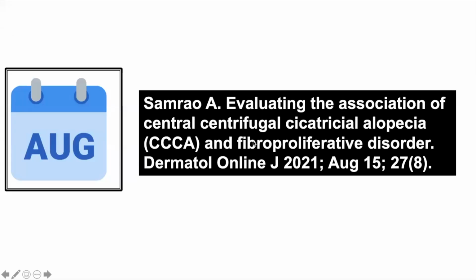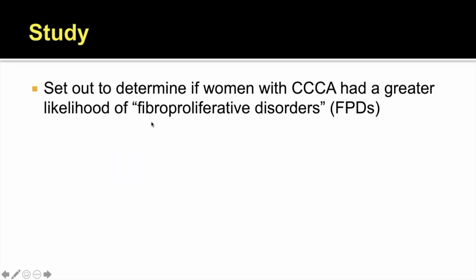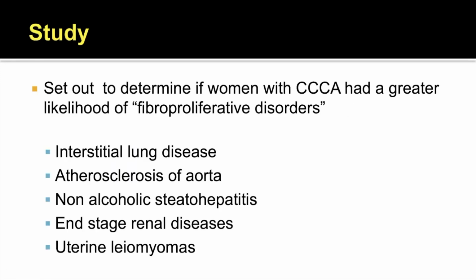And so my colleagues, Dr. Samrio and Dr. Mirmarani in California performed a very, very nice study looking at some of these associations in women with CCCA, published in August in the Dermatology Online Journal. And these authors set out to determine if women with CCCA have a greater risk of these so-called fibroproliferative disorders,